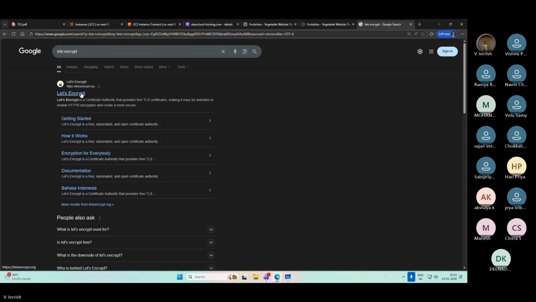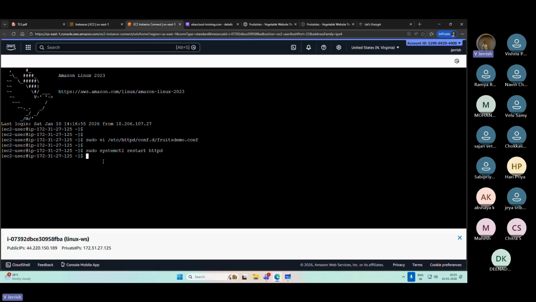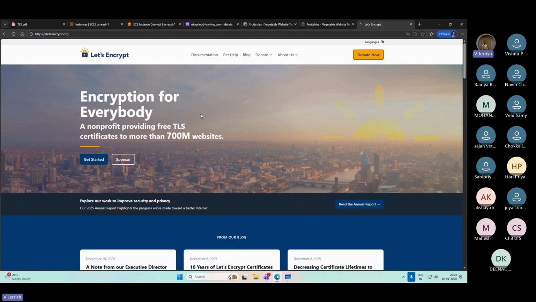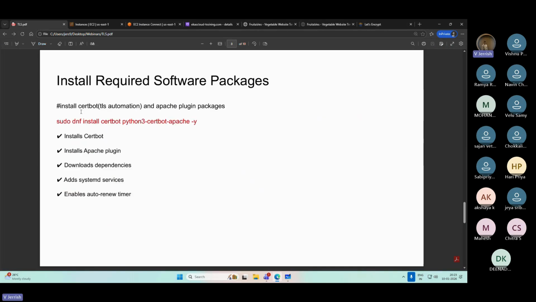Okay, right. So you can explore Let's Encrypt. Now I'll come back to the command line. From the command line, I'm going to request certificates from Let's Encrypt. In order to do that, there are some commands. See, there is a command called